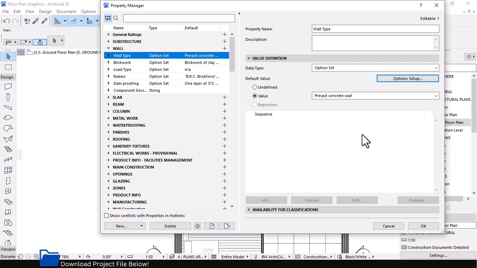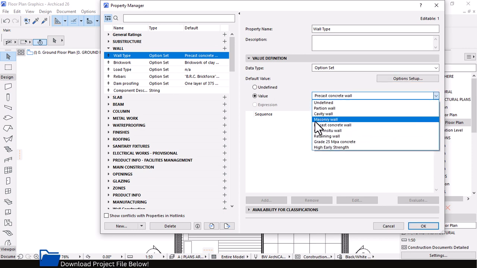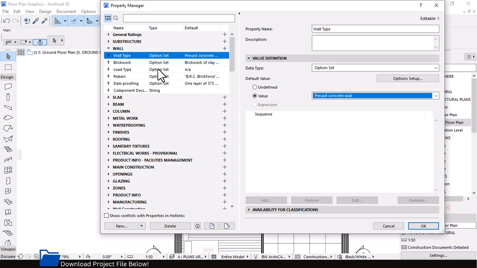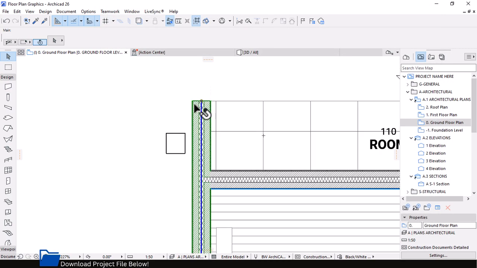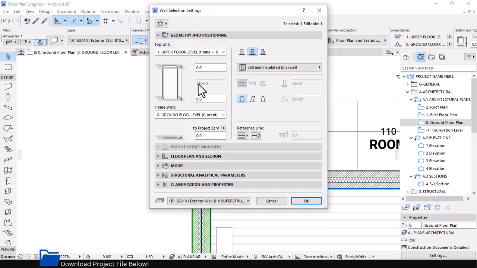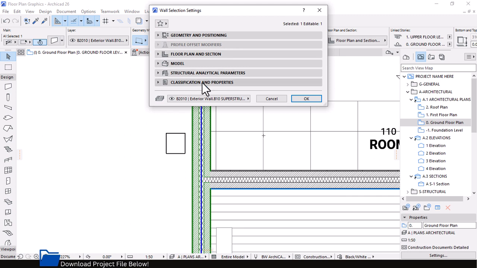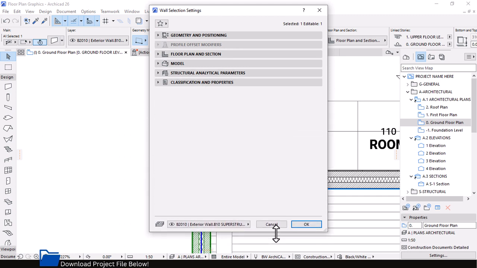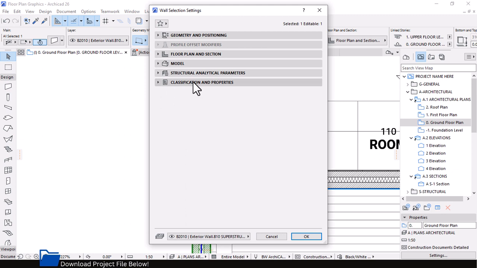This is key to the template because, especially depending on the region you are in, you can select by drop-down arrow and then assign whatever definition or material, or any type of wall, to your element. Let's see how this is going to affect your element within the project. Let's cancel, and then if I select this wall and open its settings, let me create enough space by collapsing these sections and dragging to stretch this here. If you go down here